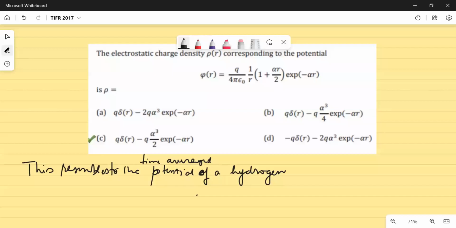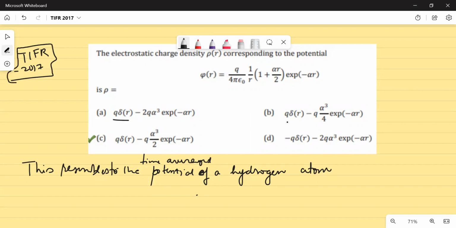In this lecture, we are going to discuss a problem from the TIFR examination, which actually resembles something called the time average potential of a hydrogen atom. So the above problem was asked in TIFR 2017, and you can see that in this particular potential problem, all the answers have a